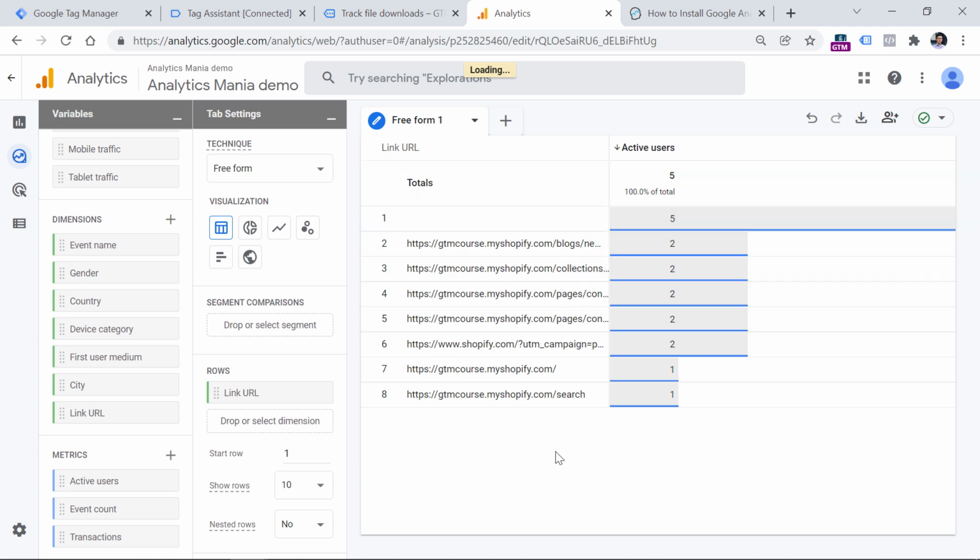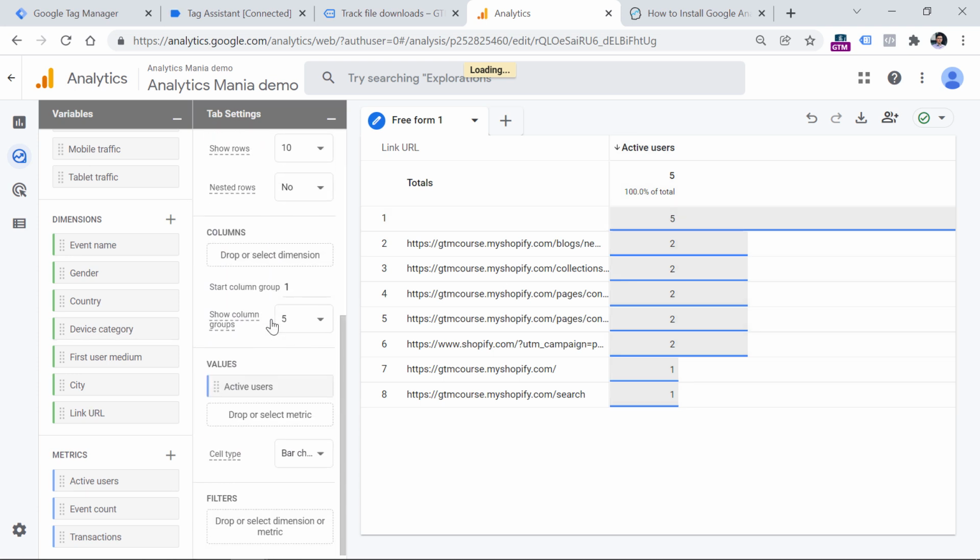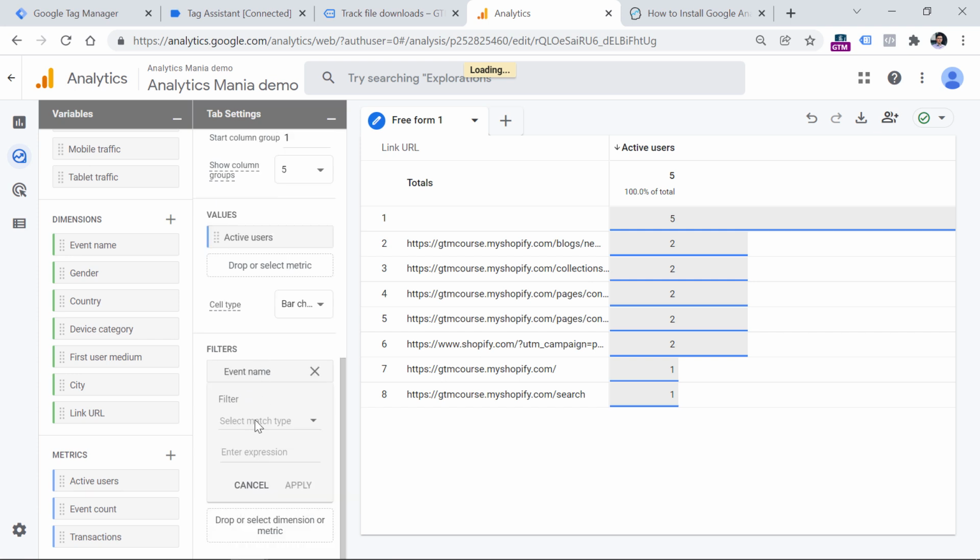That is because right now we're looking at all events that happened on a page, and obviously not all events were link clicks. So we have to narrow down, and in the filters section, click anywhere and then say that we want to look only at those events where event name